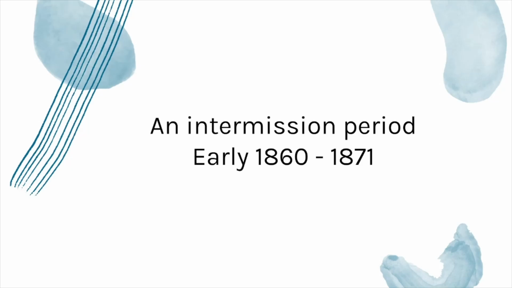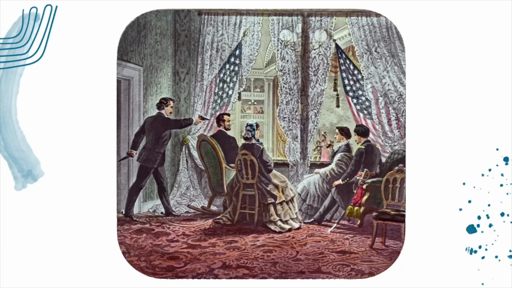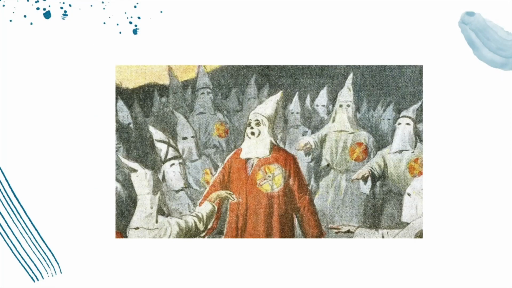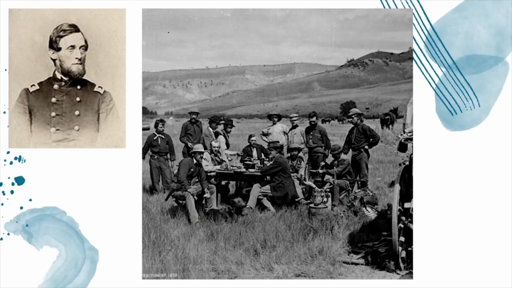A sizable gap is noticed between this and Moran's next exhibition trip. This may have been in part due to the American Civil War that spanned from 1861 to 1865. Other well-known events that occurred between this gap were Abraham Lincoln's assassination, the drafting of the 14th Amendment, the start-up of the Ku Klux Klan, women's suffrage, the Great Chicago Fire, and many other important political events. In 1871, he was given this opportunity to travel again.